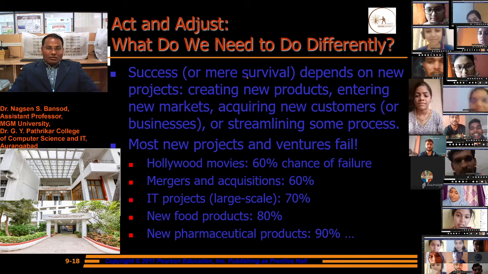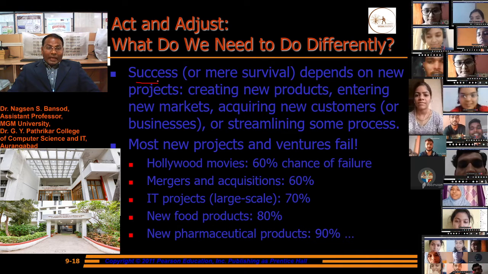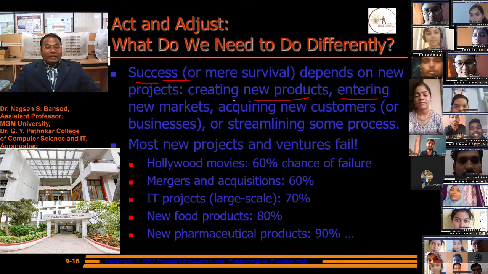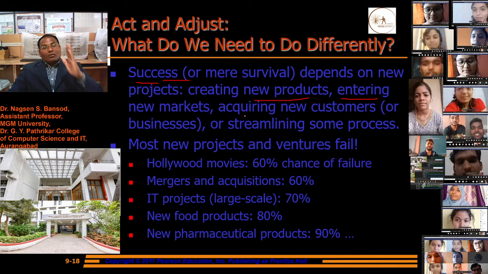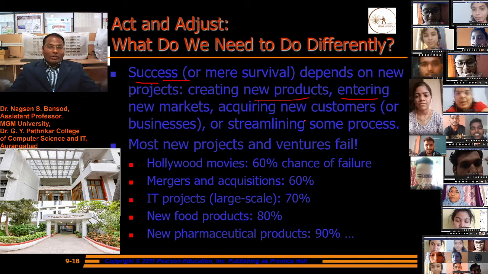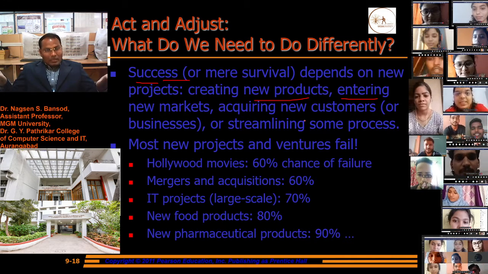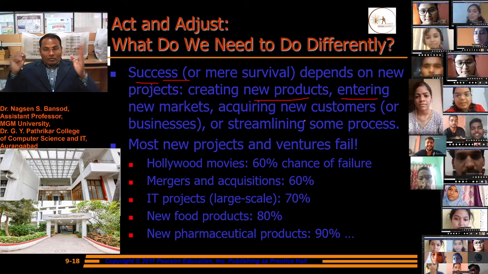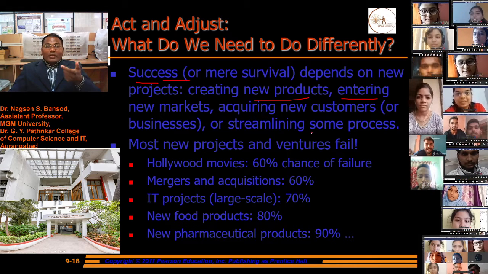For all these we require some act for success, for new product, for entering into the new market, for acquiring new customers we require some rules, we require to adjust some. Okay, for streamlining some process,